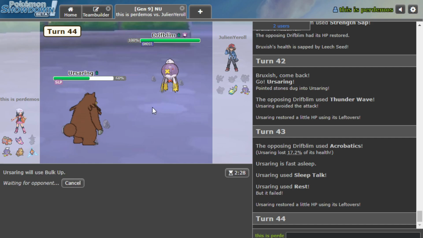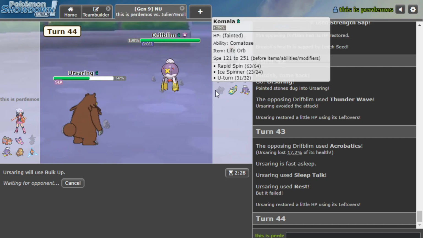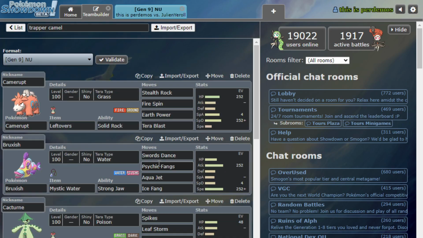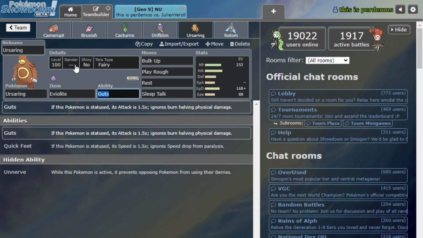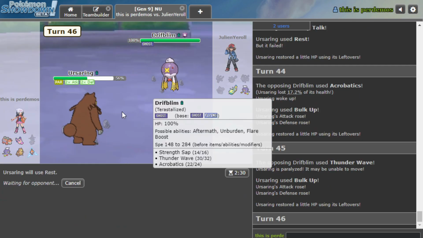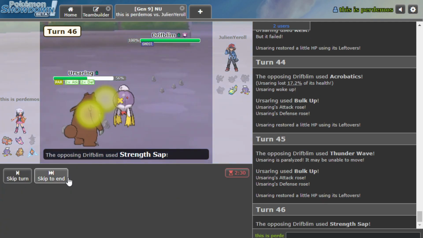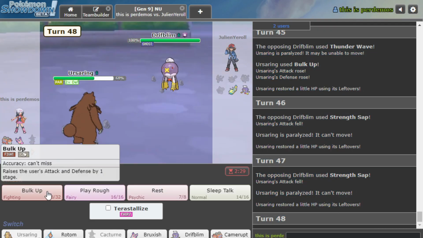Oh. Why is my Ursaring Leftovers? What happened? Wait a minute. Wait a minute, guys. Hold on. Ah! Hey. I had the wrong item apparently the whole time. That's insane. Why have I Leftovers Ursaring? Oh, and don't worry, now they're gonna get rid of all...